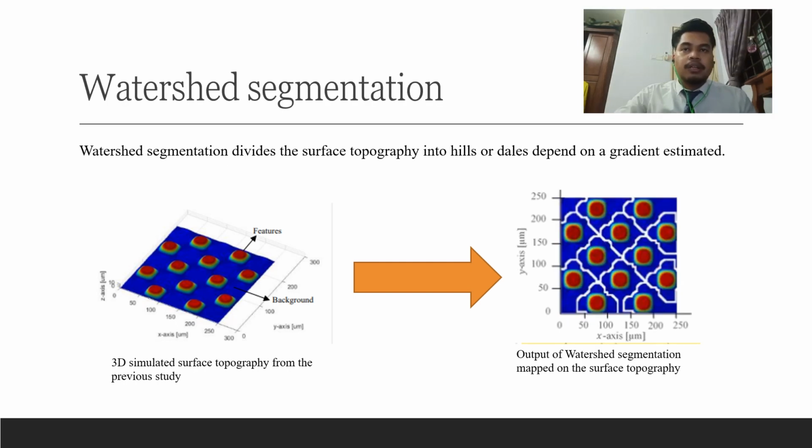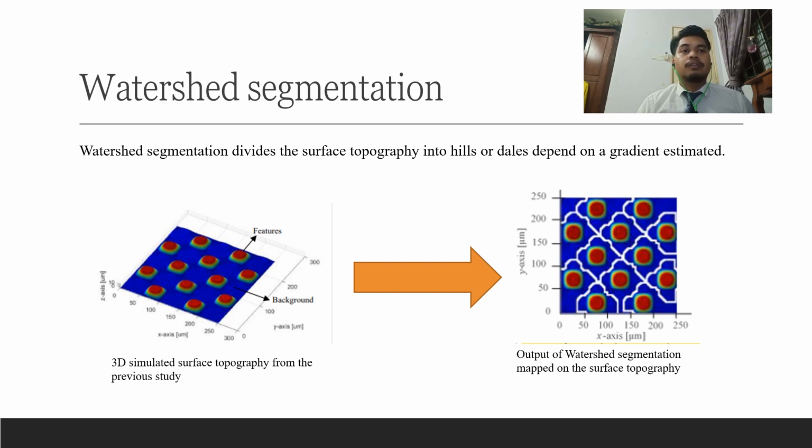The other method that can be used for the recognition process is watershed segmentation. Watershed segmentation divides the surface topography into hills or dales depending on the gradient estimated. The surface segmentation creates non-intersecting zones. Image processing uses segmentation techniques extensively. Image segmentation is used to determine object boundaries. It's also the first stage before feature